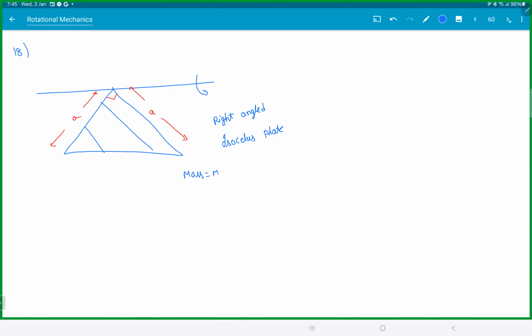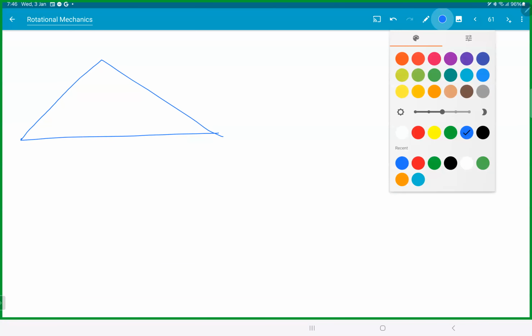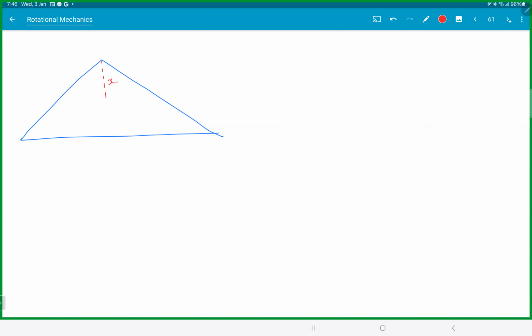ma square by 4. Yeah, one answer. Anyone else got the same? How did you take the elements? Horizontal strips. So at a distance x, I will take a strip like this